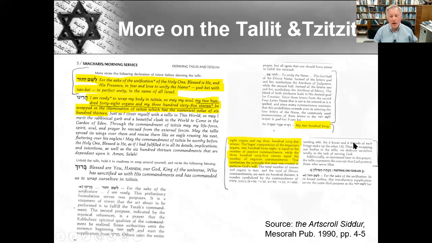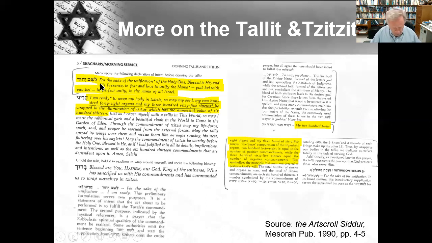Here are some elements of the tzitzit. I know this is not going to be so easy to read. I should probably just make it 3 or 4 slides and make it bigger and easier to read. But this is from a traditional Orthodox Siddur. So this is page 5, Shacharit, morning service, the prayers and the customs for putting on the Tallit and the Tefillin. And of course, all these would be recited in Hebrew. I didn't include the Hebrew, but I did include the translation.